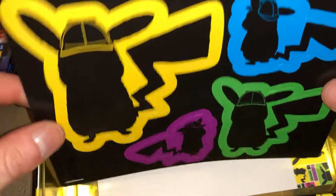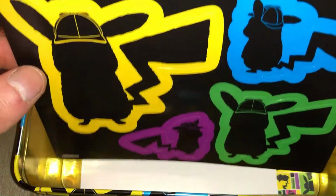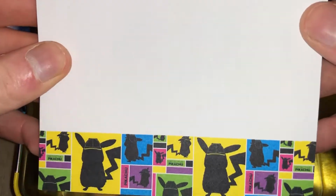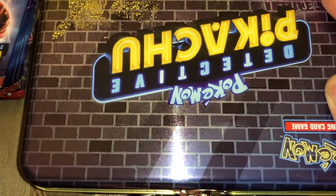We got some cool neon stickers. You can put these on your car, you can put them on your binder if you have a binder for your collection. There's that. Got the notepad that I'm probably going to give to my daughter. Yeah, it's the same art on all of them. And then the empty lunchbox tin thing. Set that over there,